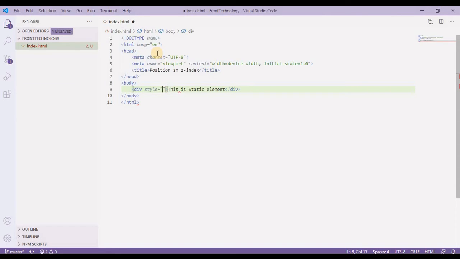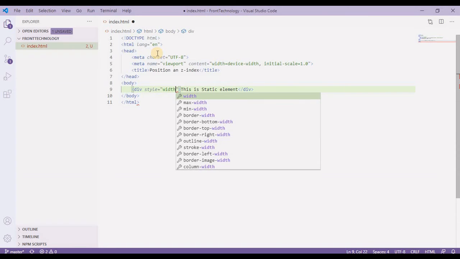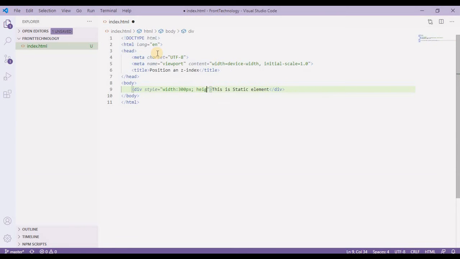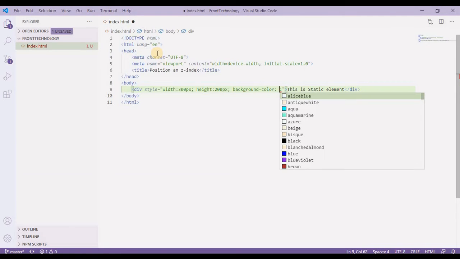Before I provide position, I want to have some width and height. So I'll take width, which is 300 pixels, and height, which is 200 pixels. And then I'm going to take a background color, and here I'm going to use the RGBA pattern.